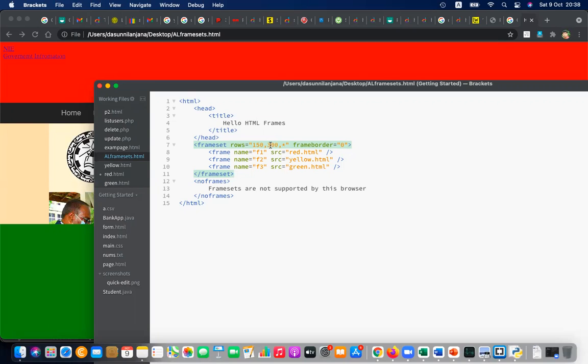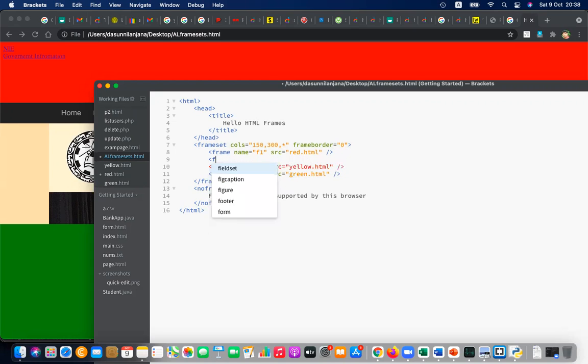So let's put it to the columns, cols, and under cols, this frame is in the left side. Okay. Then let's do something like this. Another frame set,